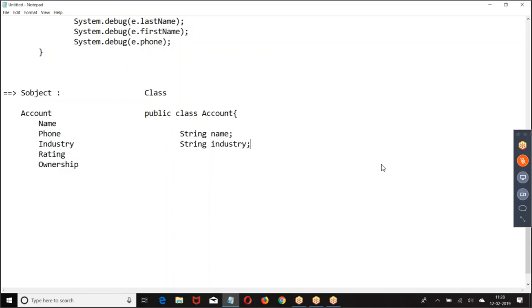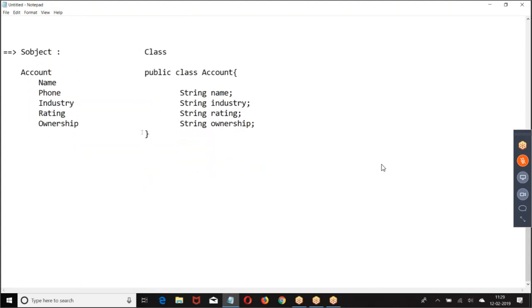Those fields are created as variables in the class. So it is representing what? Whatever the table we have, the table is taken as Apex class. What are the fields are there? They are taken as variables in the Apex class. Are you getting my point? Is that clear for everyone?